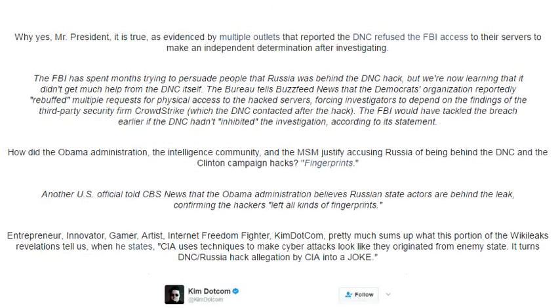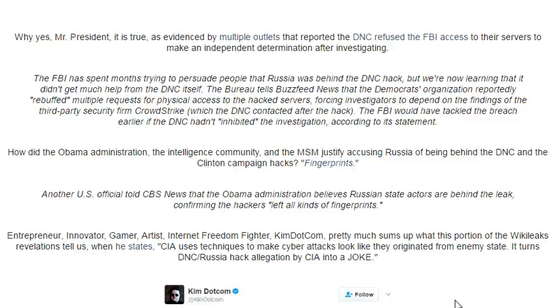President, it is true, because we went back and found quite a few reports. The one that I have linked there, CNN. I'll put this in the description. You can go click all these links. Everything I have here, I have linked. They reported that the DNC refused FBI access to their servers, making an independent determination impossible. They had to use the DNC's third-party